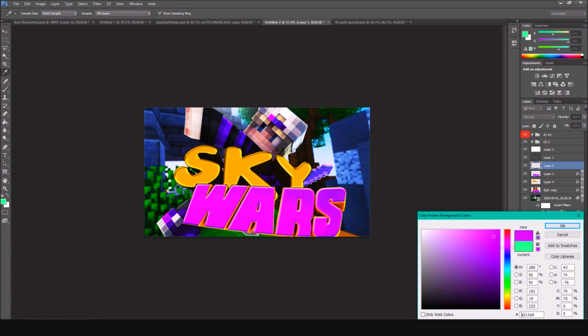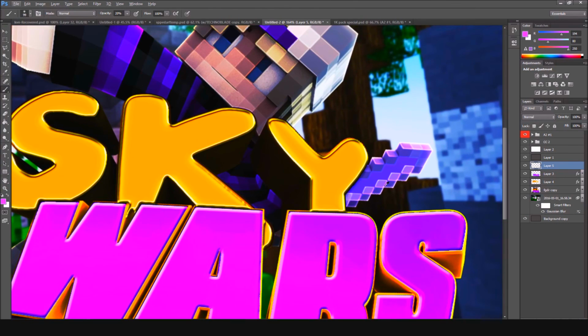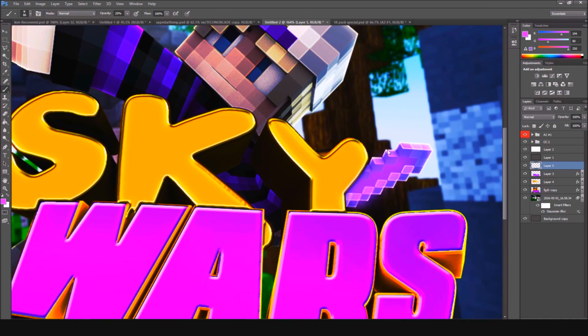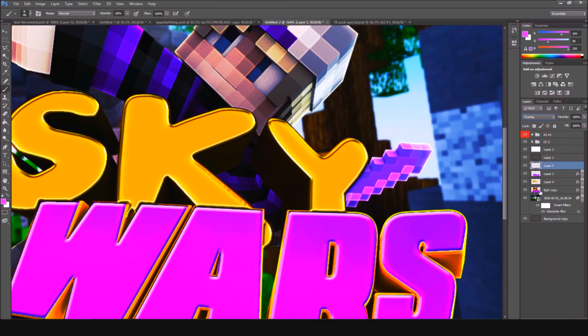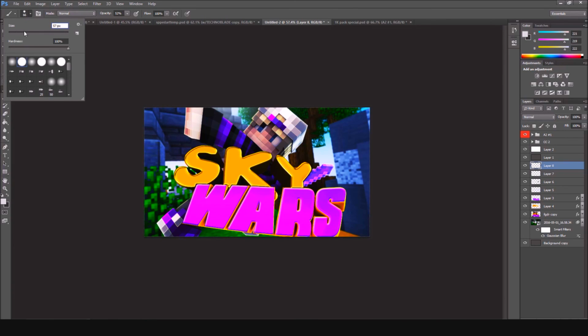Now if you want to make it stand out, what we're gonna do is go here and go into the paintbrush tool, zoom in by clicking on Alt and your scroll wheel, and bring this down a little. Just go over this, go over the sword, and now you can either do color dodge, or this. Linear dodge wouldn't do much, but color dodge is good, or overlay. Actually, wait a second, you might want to go here, go back,